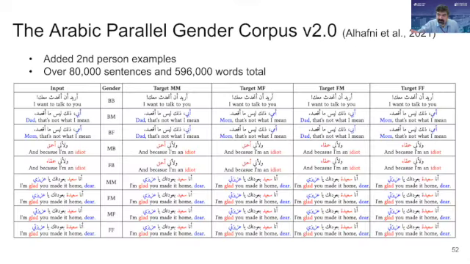Now, more recently in 21, with the help of PhD student Bashar Alhafni, we expanded this to 80,000 sentences and almost over 500,000 words now. And we included first person and second person, right? We're getting greedy. So this is about me and you talking with each other, where you can have lots of things that can go in both directions. Like this example, I'm glad you made it home, dear.